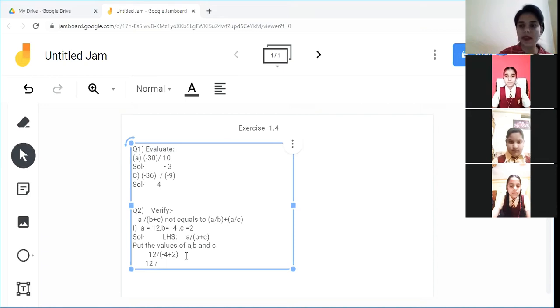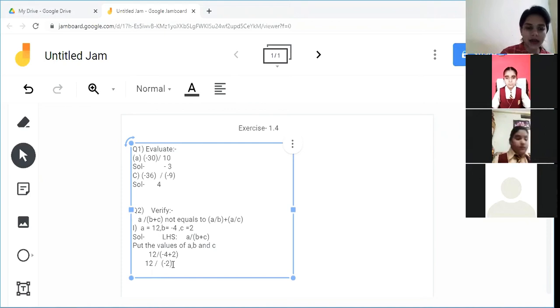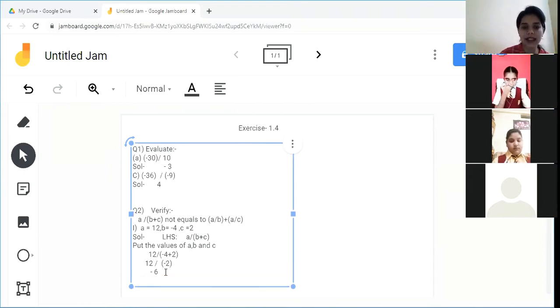minus 4 plus 2. Positive negative is negative. So it will be minus 2. Okay. Now 12 divided by 2 is 6. 2 6s are 12. Now there is a negative sign given. Positive negative is negative. So it will be negative 6, children. This was our LHS, left hand side. Now if we are talking about RHS,